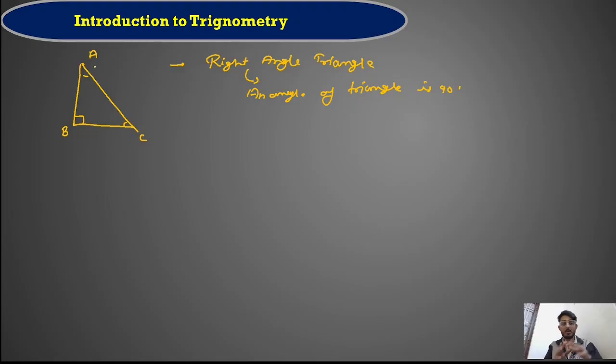So when we talk about trigonometry, first of all we talk about angle. If you have knowledge of angle, you can completely know about trigonometry. So this angle is angle A, this angle is angle C, and this angle of 90 degrees is known as angle B. And to know about this you have to know about perpendicular, hypotenuse and base. What is hypotenuse, what is base and what is perpendicular?